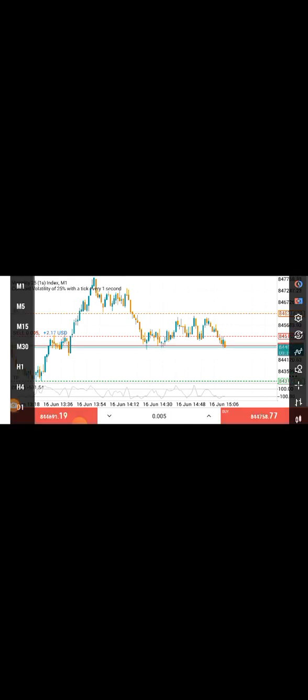Since you have opened your trade and you have set your stop loss and take profit, the next thing you will do is just leave the market. Let it play out on its own. It will either close by hitting your stop loss, which is the SL there, or it will close by hitting your take profit. If it hits your take profit, it means you have won that trade with $10. But if it comes up here to hit your stop loss, it means you have lost that trade